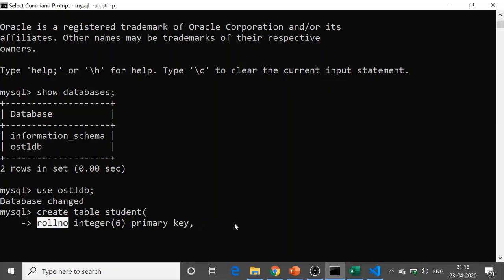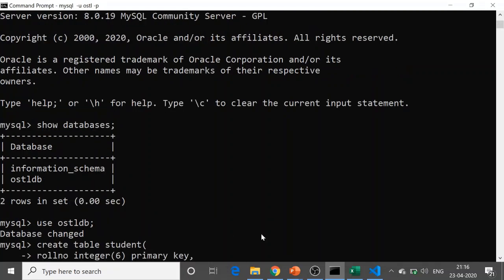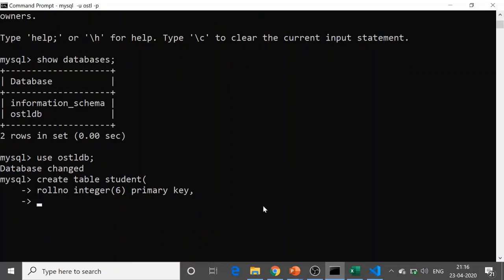It will be giving you a message that it's a primary key and duplicate values are not allowed, something like that. So comma, again enter. So the next column is going to be name, and as I said, it will be of varying character, so the type is varchar in MySQL, and suppose the maximum is 100, so I say 100 in parentheses, comma, next is address,